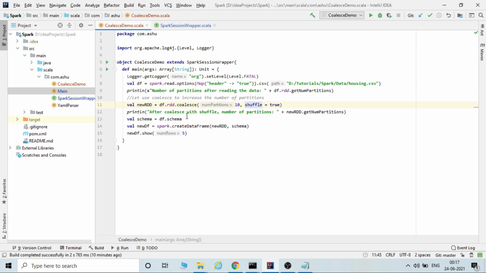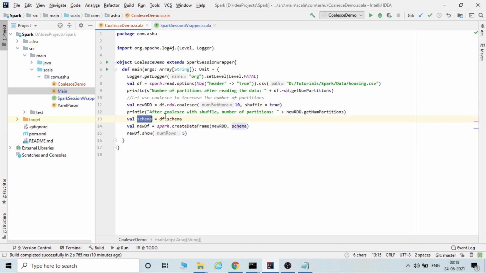We are also printing, after calling coalesce, the number of partitions again. Now, we can use this version of coalesce with the RDD only, not with the data frame directly. The data frame's coalesce function does not have a second argument. So here what it returns is a new RDD.